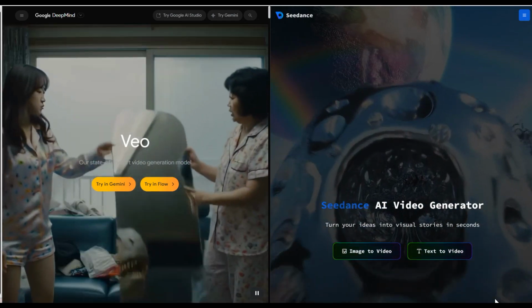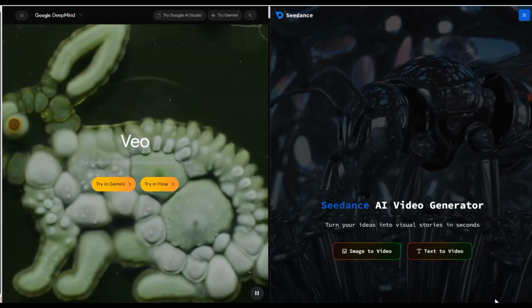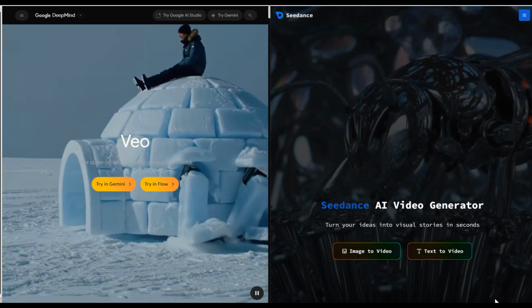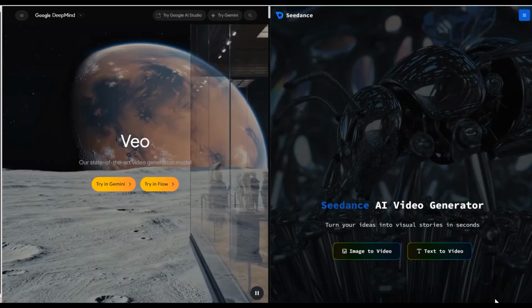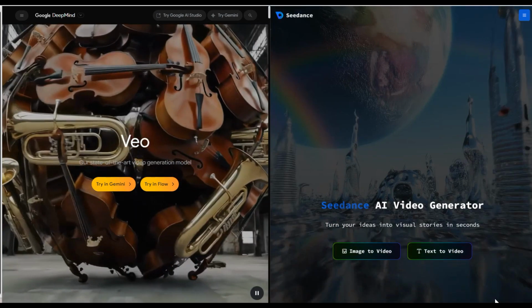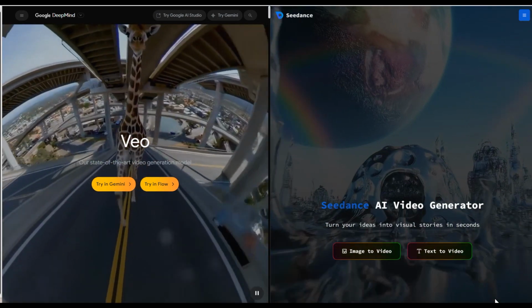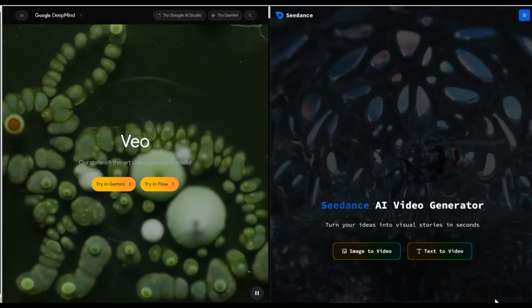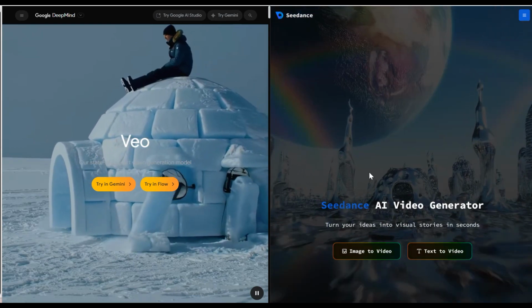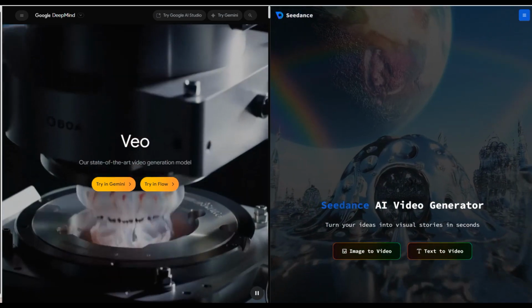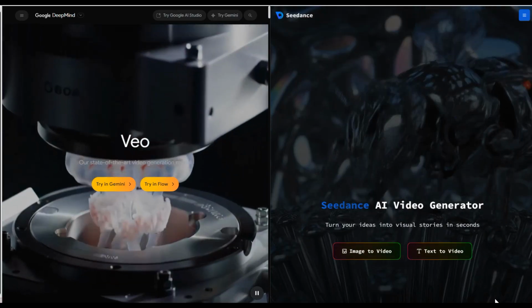Personally, I find Veo 3 incredibly powerful when it comes to cinematic quality and audio generation. But Seedance held its ground with some surprisingly natural motion and detail in several prompts. If you are just getting started, Veo 3 on Google Cloud is probably your best free option, and I've left